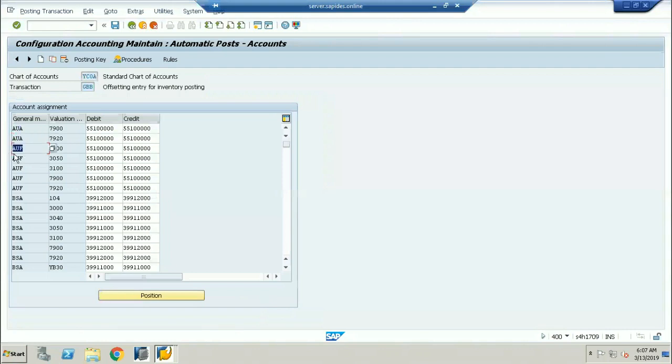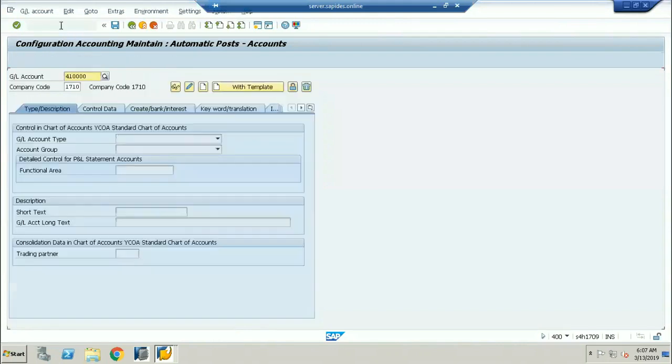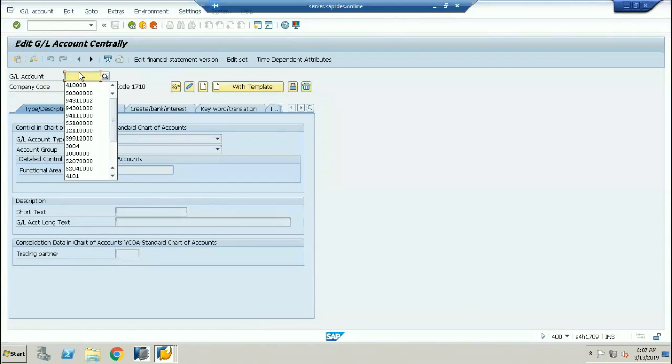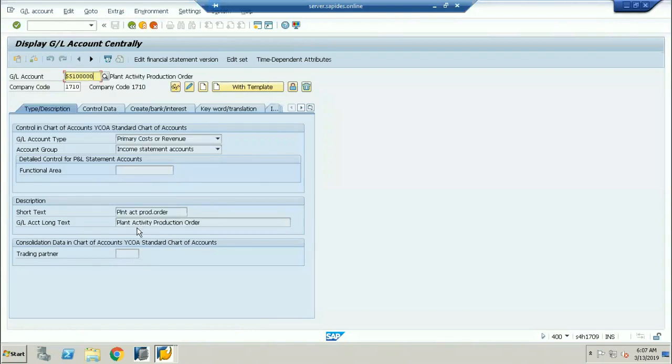Where is that? Yeah, AUF. You can see here AUF is the transaction which I'm going to be using. So this is the GL account, which is going to be hitting directly to the production order variance. See here, quantity, actually the production cost, activity of the production cost variance.